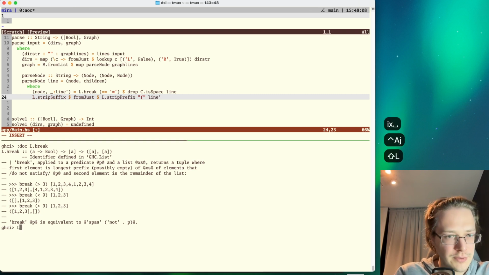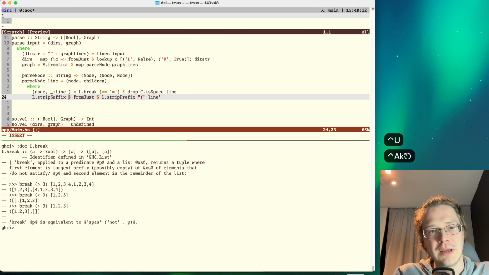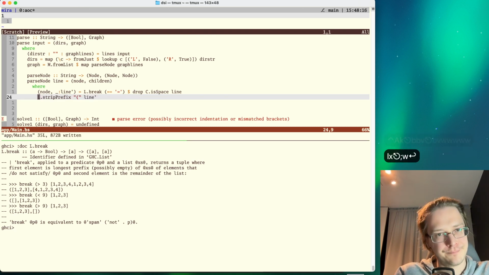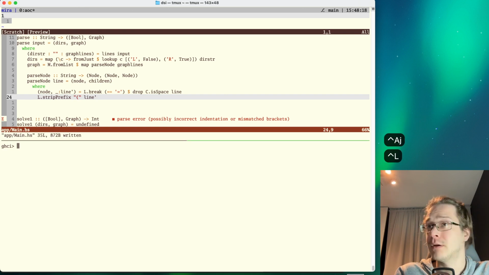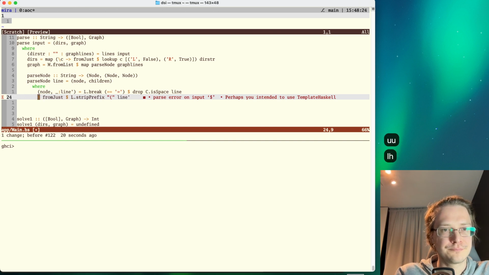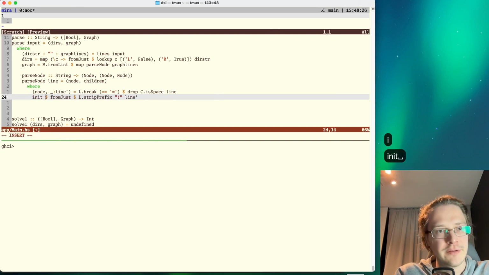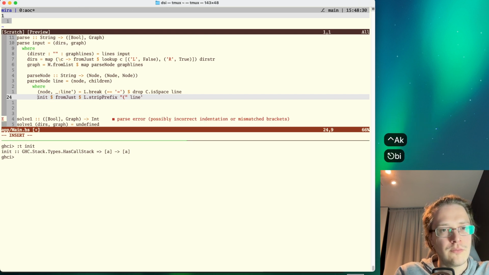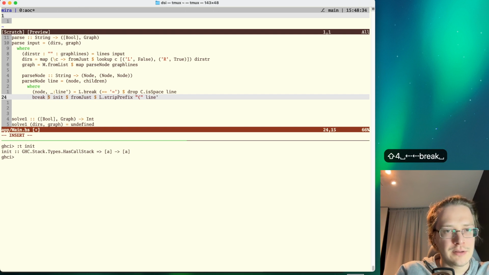Do I not have else strip suffix? Only strip prefix. Yeah. Okay. Okay, let's just say that this is the init of the line, and this must be split by is equal to the comma,